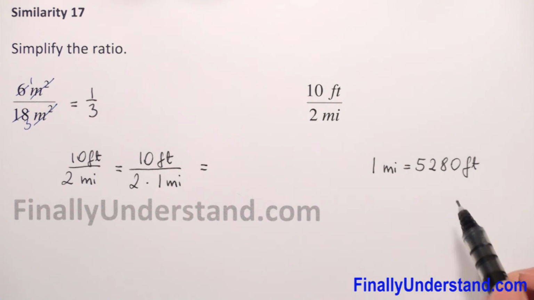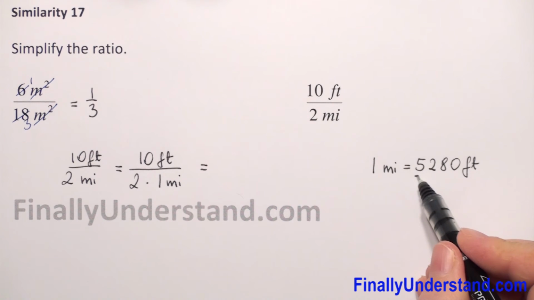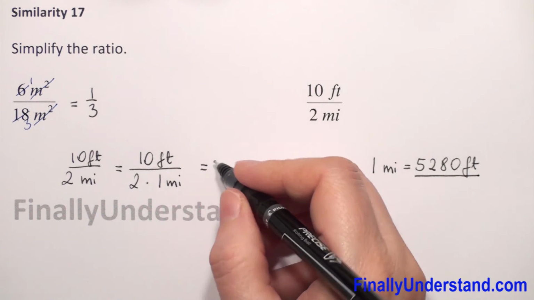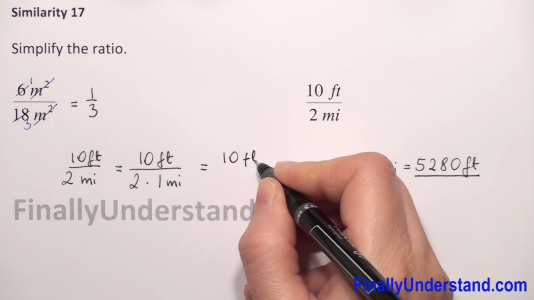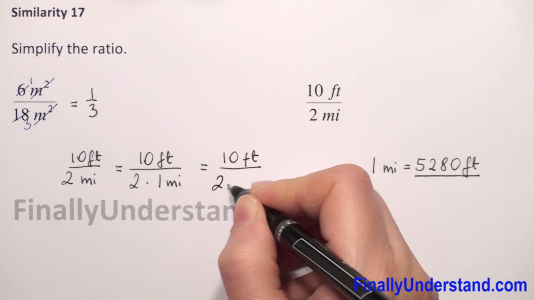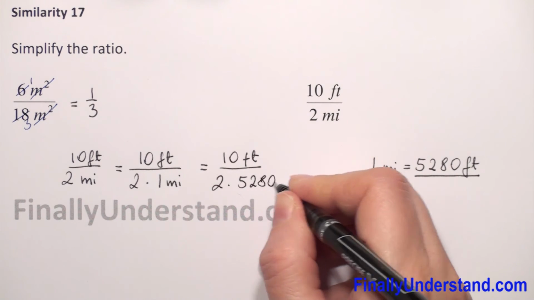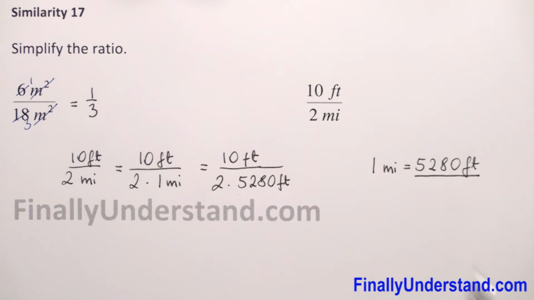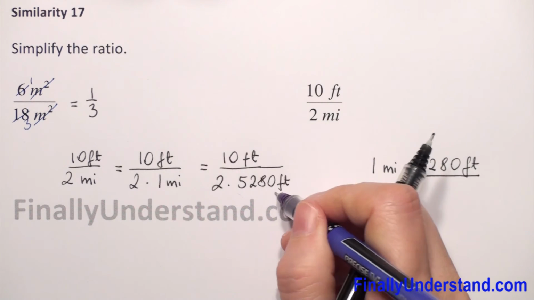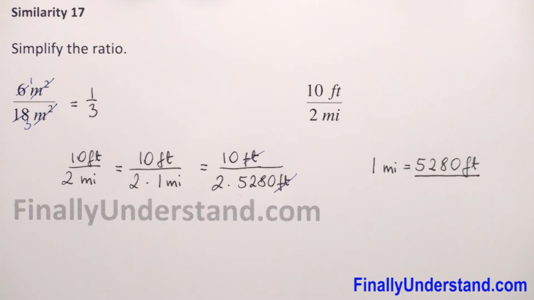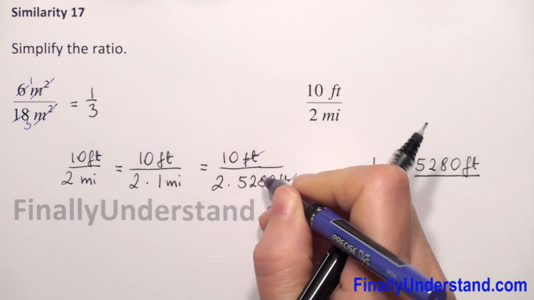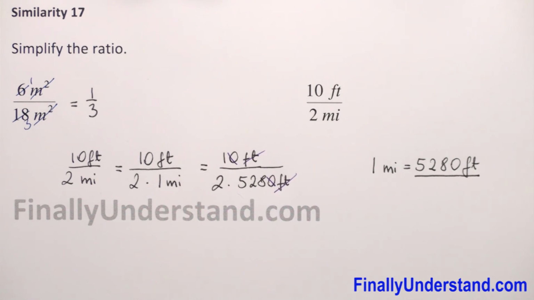So this is equal, and now 1 mile we can substitute by this. So 10 feet we copy over 2 times 5,280 feet. And now we see that feet we can reduce, and 0 we can reduce in the numerator and denominator,